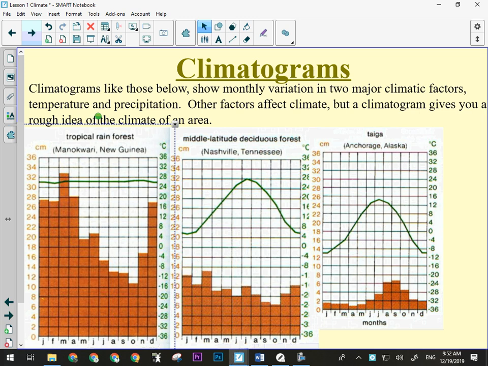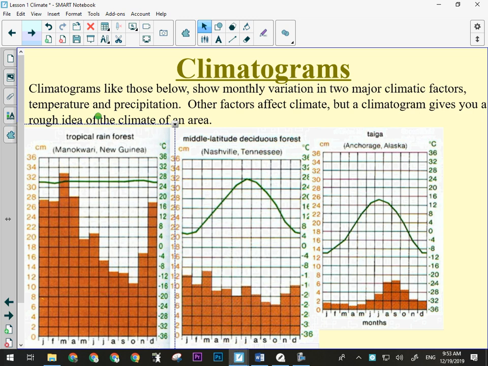Now, where would that be located on Earth? Right on the equator, yeah. New Guinea basically straddles the equator. So when you're near the equator, you don't see a fluctuation in your temperature because the amount of sunlight and the directness of that sunlight doesn't change. The tilt of the Earth doesn't make any difference to you if you live at the equator. It makes a big difference to us, which is why, as you move away from the equator, you start to see the temperature make a bell curve.